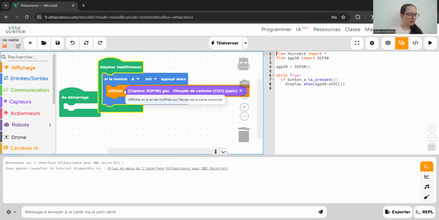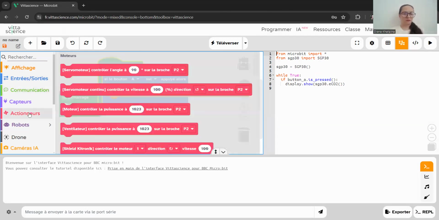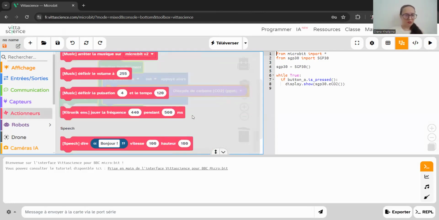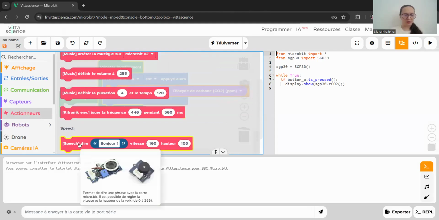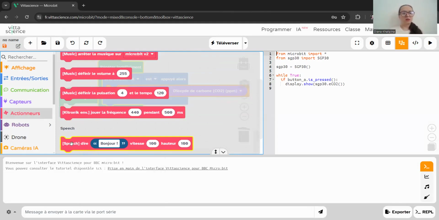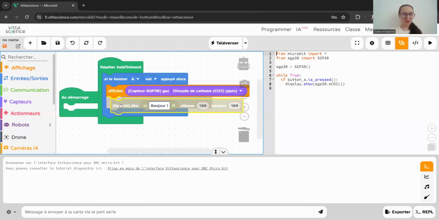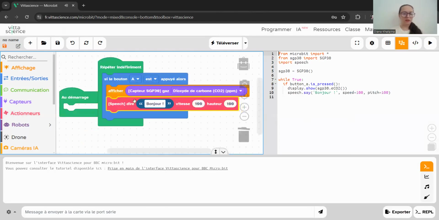But that's not precisely what I want. I also want the micro:bit to tell us what the value is, so that the person who cannot see the measurement on the screen will hear the measurements. I will show you how it works. So this is a special block, speech, which means that the micro:bit will pronounce the measurement. So I will include this with the word